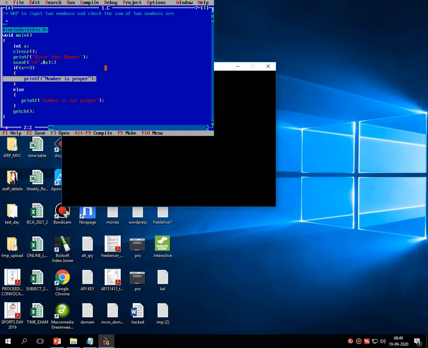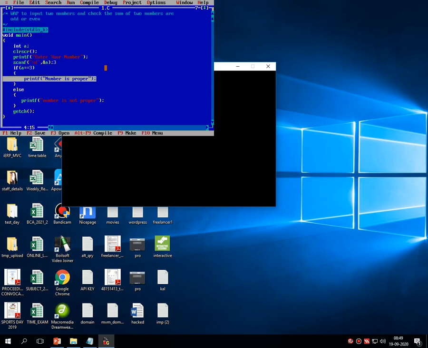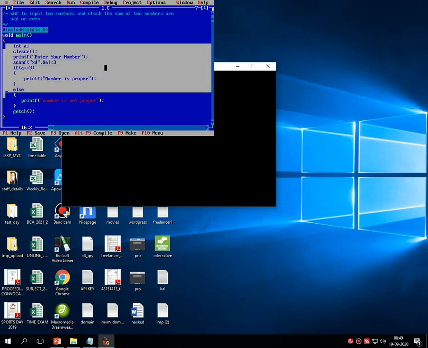What I have written: write a program to input two numbers and check the sum of two numbers are odd or even. Fine. So I am saving this comment in the commented section, then I start writing the code.